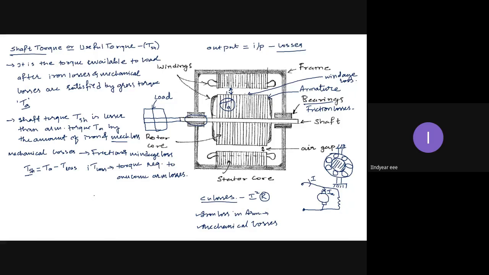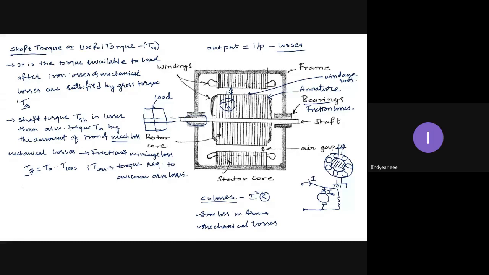Actually, the engineering design is reverse. I can't start from input. The design will start from output. Okay, I get what are the requirements at the output side. From there, I start the design. When you study design, you will get to know about that. So I know what is the output torque required, that is specified by the customer. From there, my design starts till input, depending upon various factors.